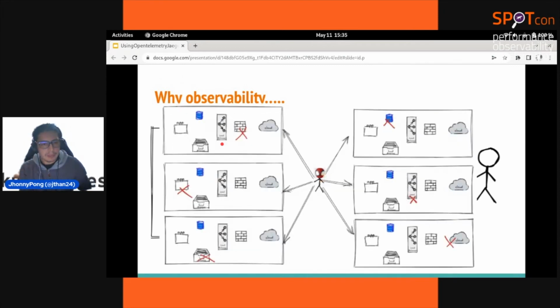But what happens if someday the database for one microservice fails, or another component fails, or another part of the application fails, or the storage, or my cloud provider is down, or my load balancer is down? It is very difficult to find the root cause for our application.